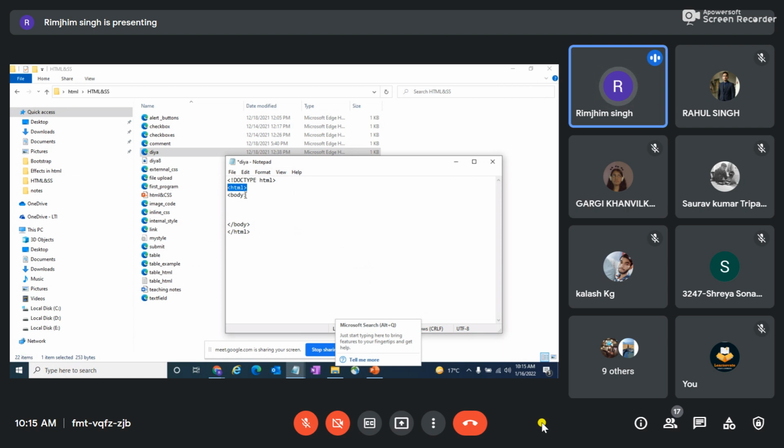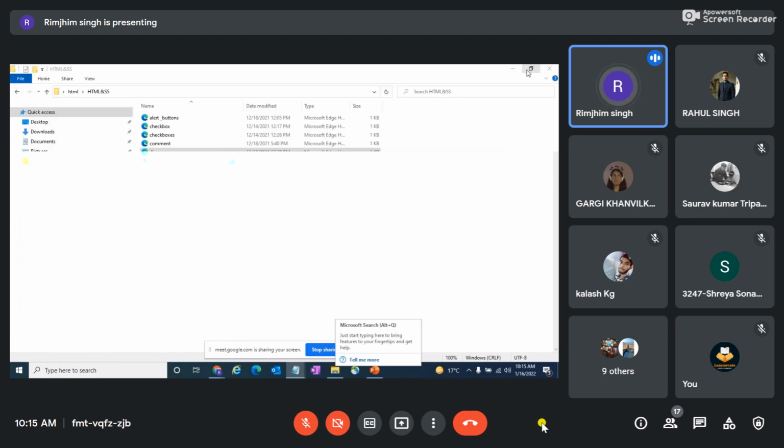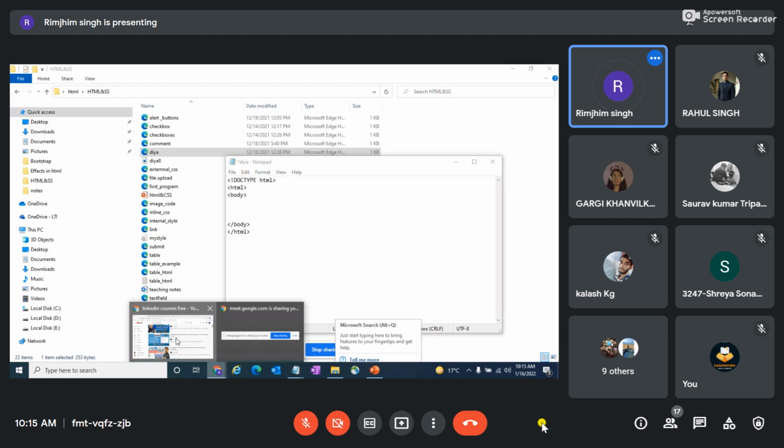Then mainly in my body part, whatever I want to give as content goes there. If you want to put CSS code, whatever your aim for the program is, we write it in the body part, and then we end our body structure and end the HTML as well. So here my aim is to add an iframe tag in my program. Today let's see how we do it.